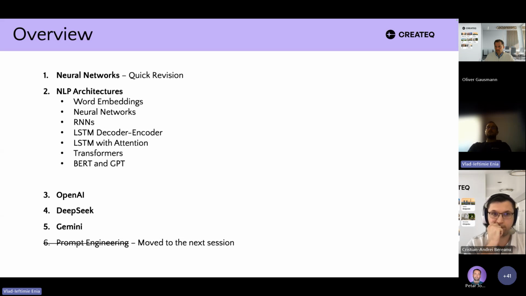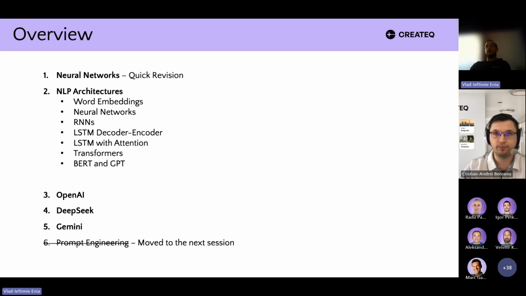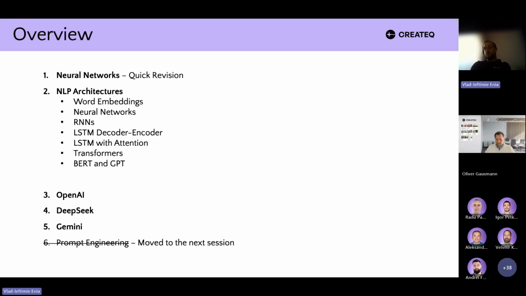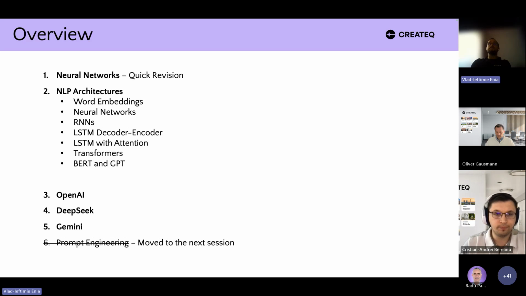Then I will present some NLP or natural language processing architectures, how they evolved over time to become BERT, which is basically the first LLM which was developed by Google, and what we have today as GPT, which is one of, if not the most popular and used LLM solution in today's world from OpenAI.